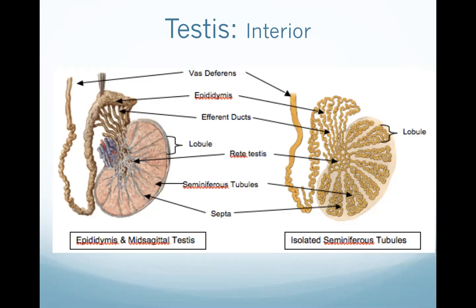And then they're going to drain the testis into these ductules here. These are exiting ductules, so we call them efferent ductules. In anatomy, we use this term quite often. Efferent means exiting or moving away from. So these are the efferent ductules that will carry the fully formed but not yet mature sperm into a structure